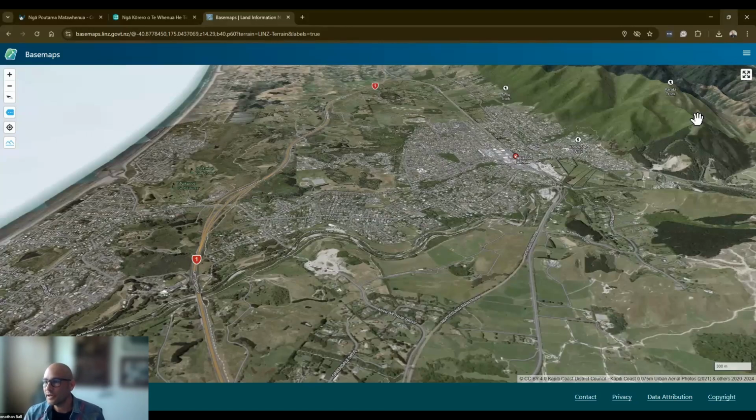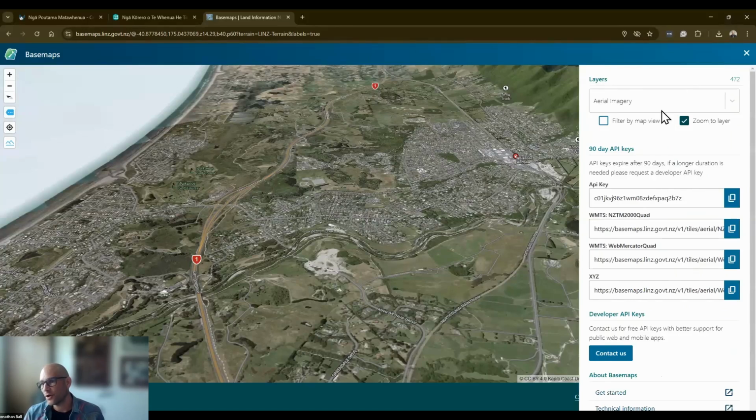In this button here, it's kind of hidden, but this is where all of our data and all the cool stuff lies. If you open this up, you can choose between a range of base maps and imagery layers or data sets that we use to make base maps. We serve up the cake, the base map, but we've also got all the ingredients in here available as well if you want to see what's made any of the base maps.